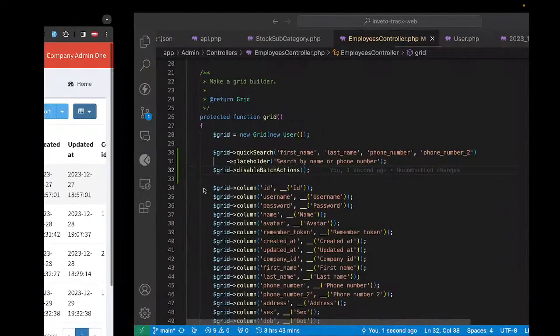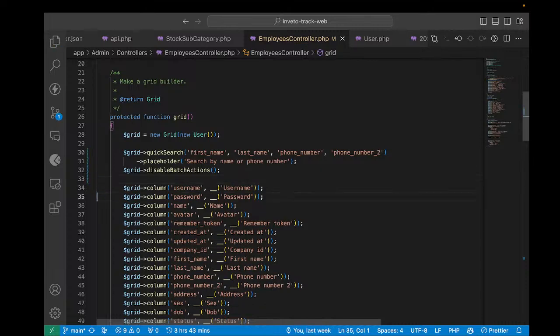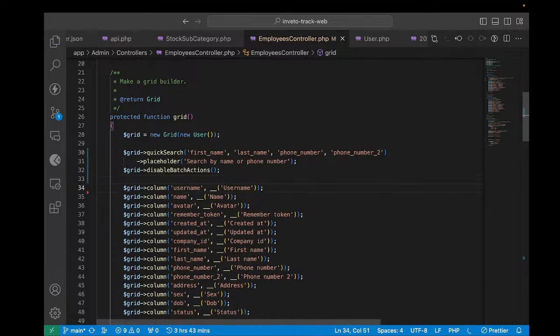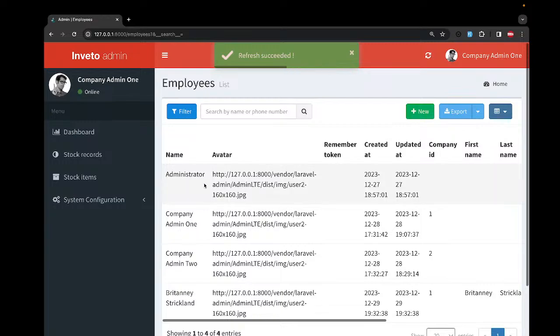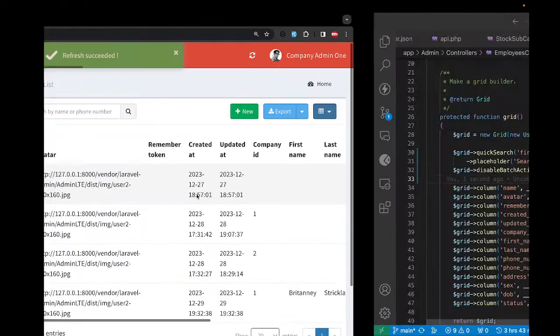So I'll come here and remove the ID, and maybe I can leave the username. I remove the password. Okay, I can leave maybe the name. So the name should be able to appear here. So someone should be able to search someone by the name. They should be able to see the name. The next thing you can put here,